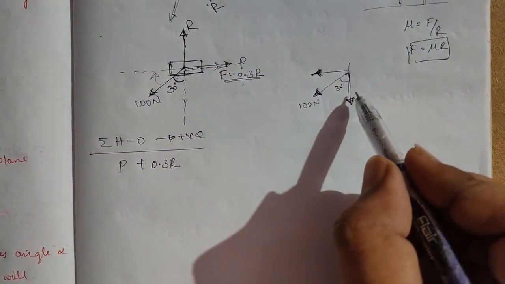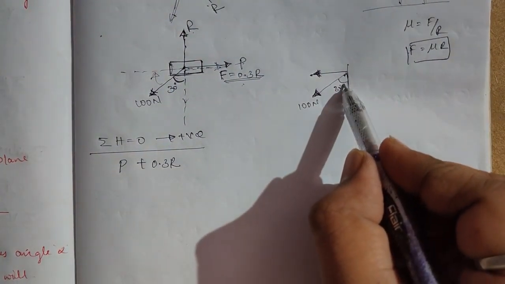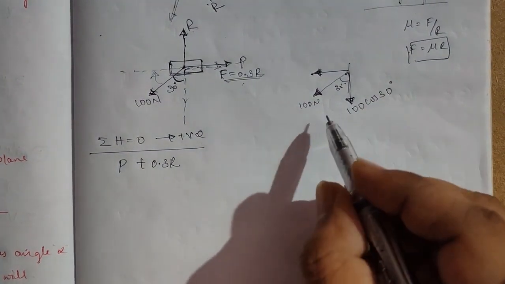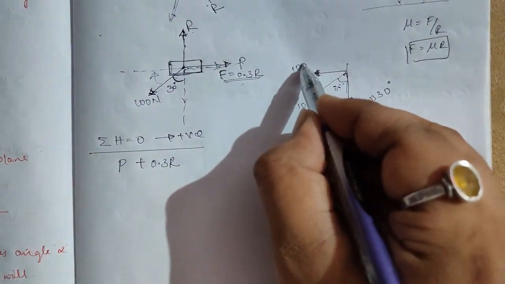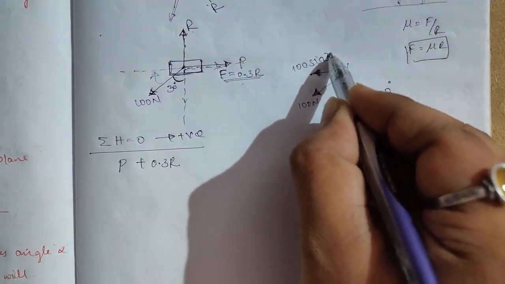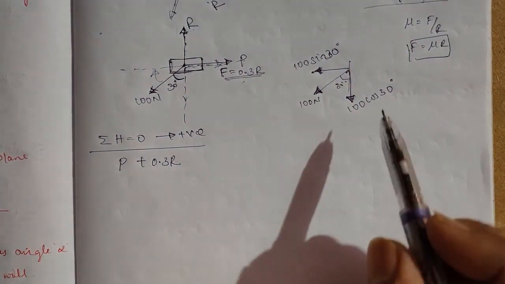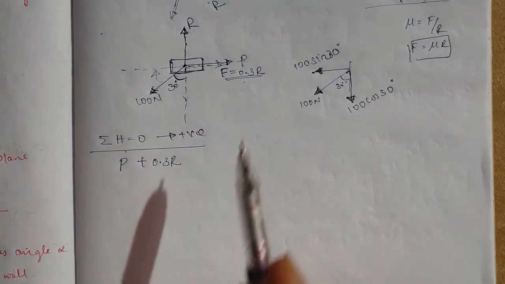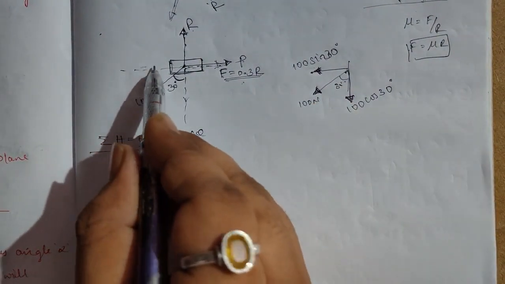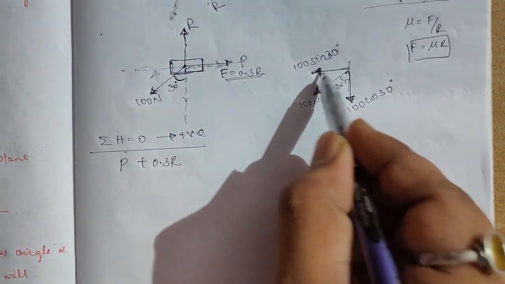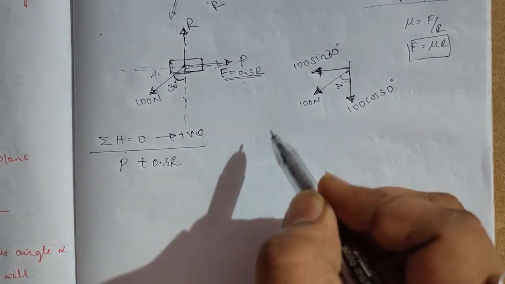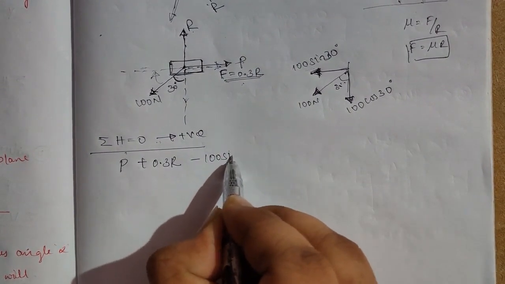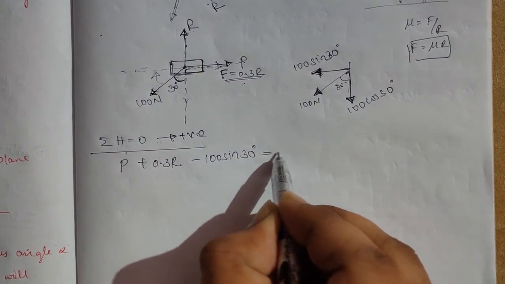horizontally. Now where the angle is there, 30 degree, it is the cos item, that is 100 cos 30 degree. Where the angle is not there, that is 100 sin 30 degree. Fine. Now I want the horizontal item. Which is the horizontal item? This one is the horizontal item. So that is in the negative, so it's going from right to left, okay. I have taken left to right as positive. Now minus 100 sin 30 degree is equal to 0,